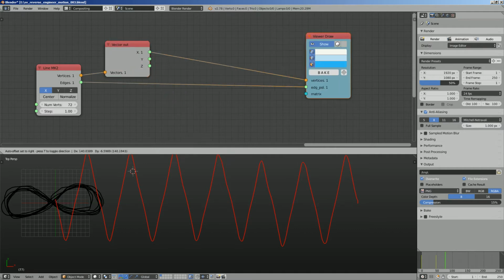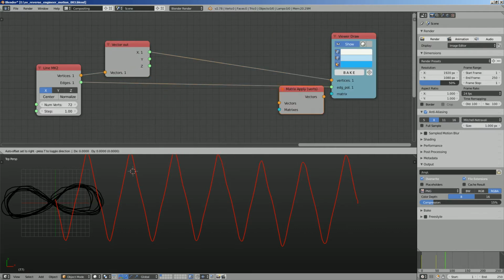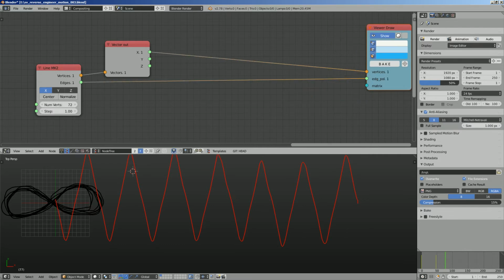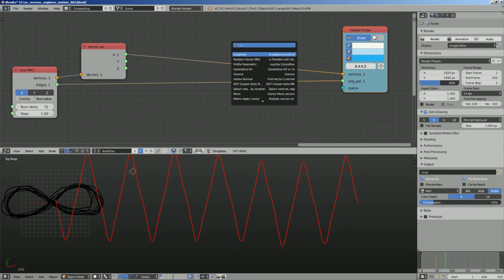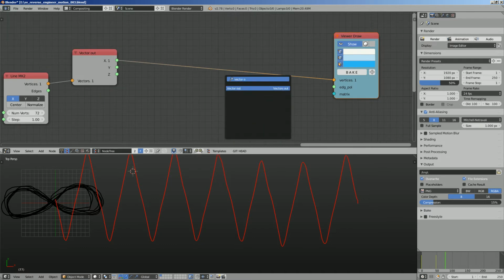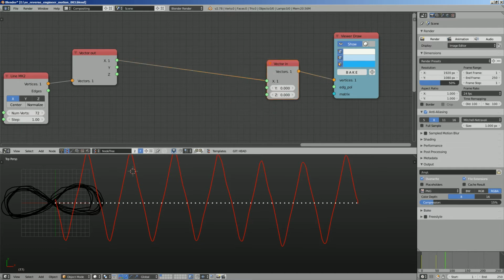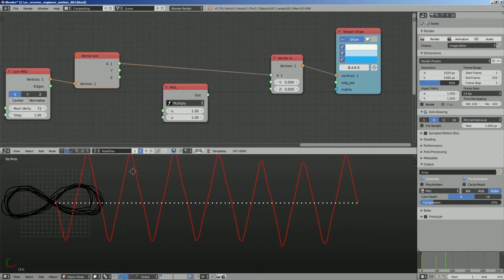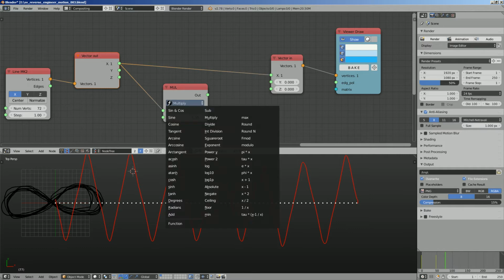So here we're gonna use vector out and vector in. Sorry about that. So vector out, vector in. We actually don't need the edges for now, so vector in. So we just get the points now. The Y we will modify using math functions. The Y is actually 0, right? It's not changing, so we're gonna use the X value and modify it using